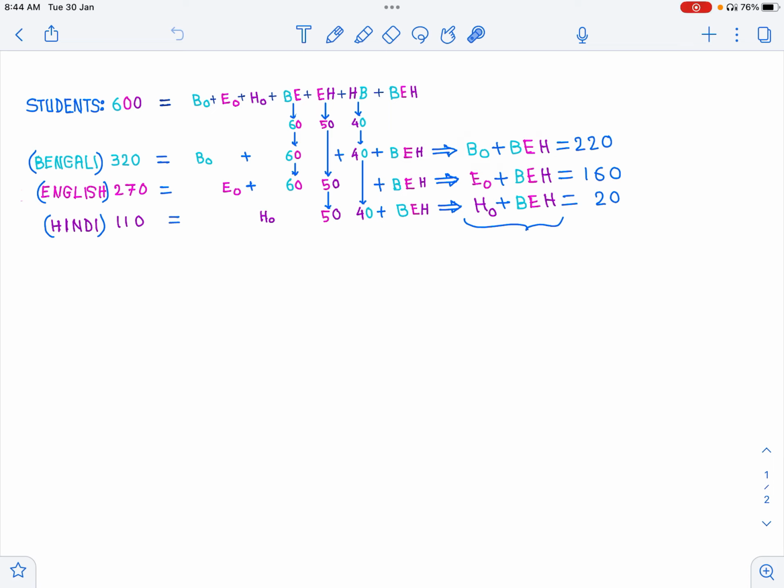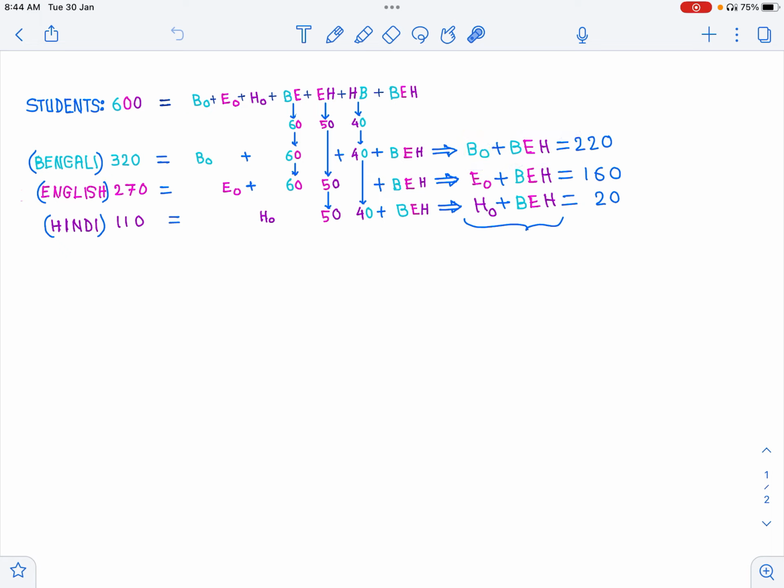and from this figure we have to find out the number of those students who learn Bengali, English and Hindi, isn't it? Here, if we clearly and with a cool brain want to understand, the number of those students that are learning the three languages along with only Bengali, then the total number is 220,